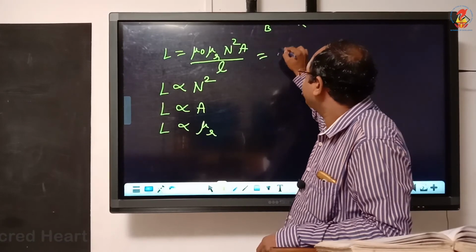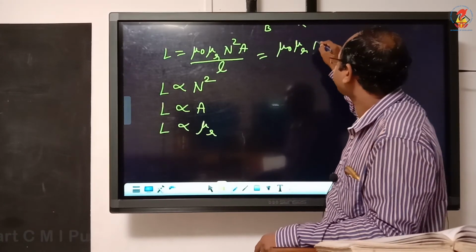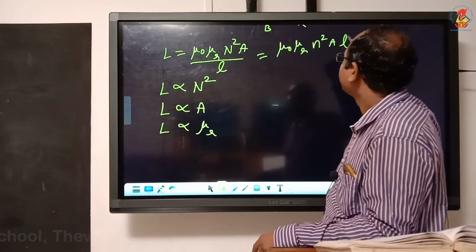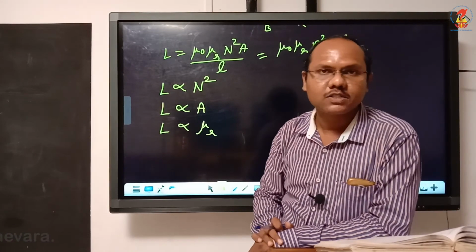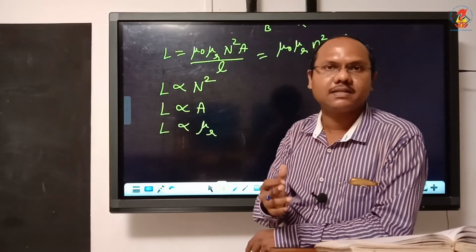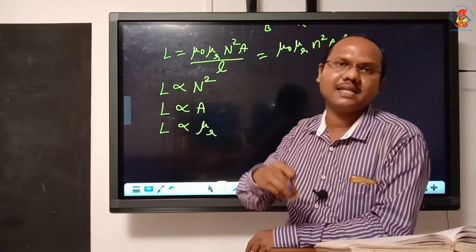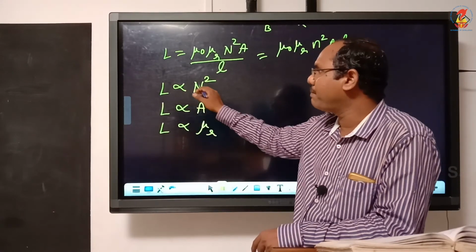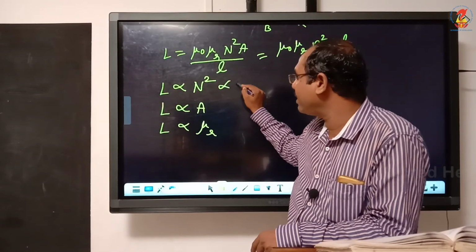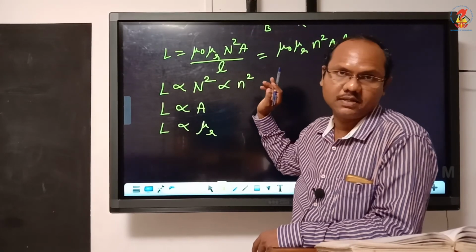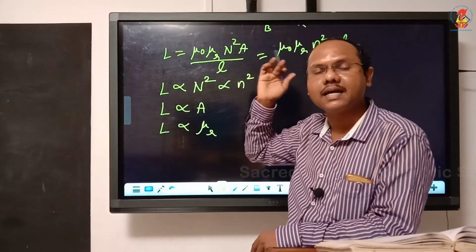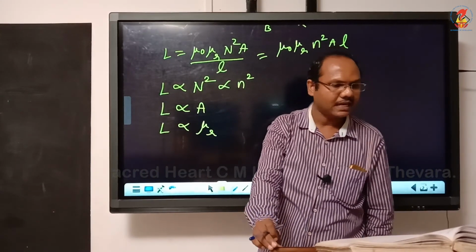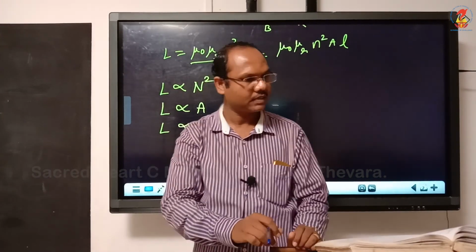And the length of the solenoid doesn't matter here, because in the equation L is coming in the denominator. But if I write another equation with small n, then L will come in the numerator. So L actually doesn't matter. The number of turns and the number of turns per unit length matter. Therefore, we can write L proportional to capital N square, or it is proportional to small n square. But never think of any relationship with length. So that's all about self-inductance. Thank you.